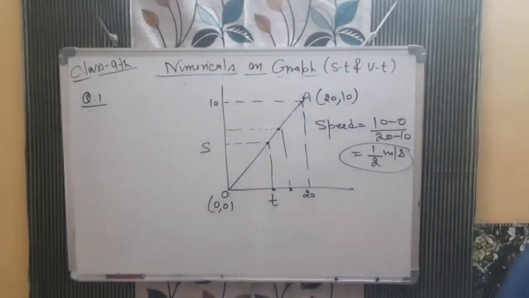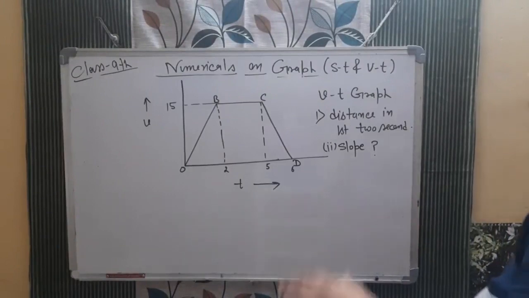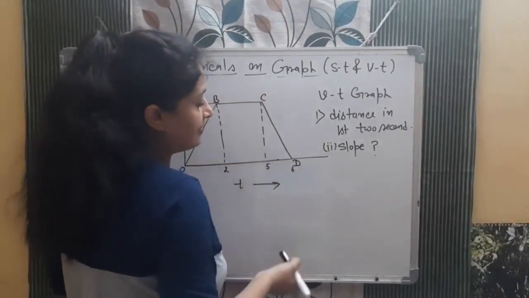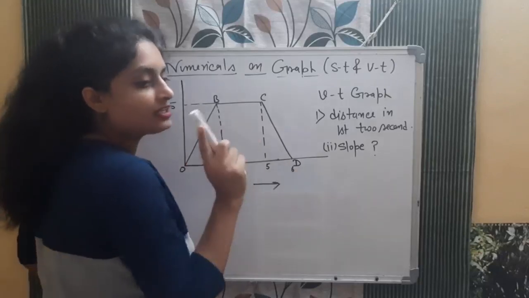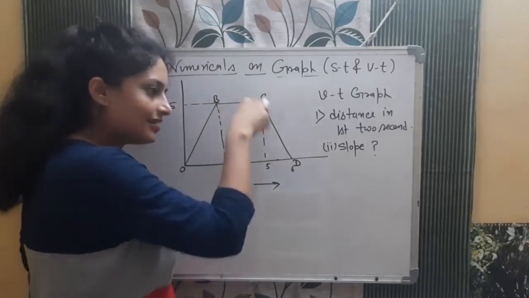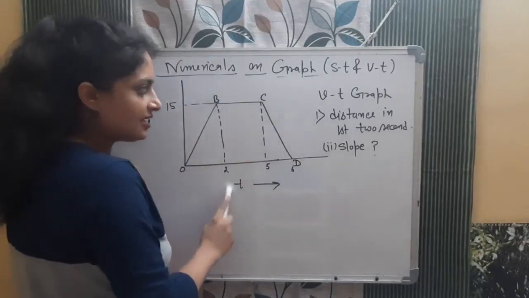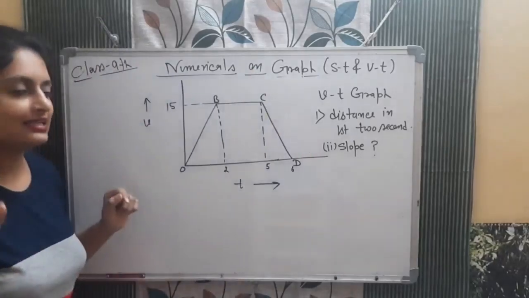Okay, so now the next numerical on the graph, check out this numerical. This numerical is based on the velocity time graph. The object starts its journey from here, then B, then C, then comes back to rest at D. Again, this is a velocity time graph, so negative values are possible. A displacement time graph can come downward because displacement can be negative. But if this is distance and this is time, you will not show the graph in the downward direction, because distance cannot be negative.